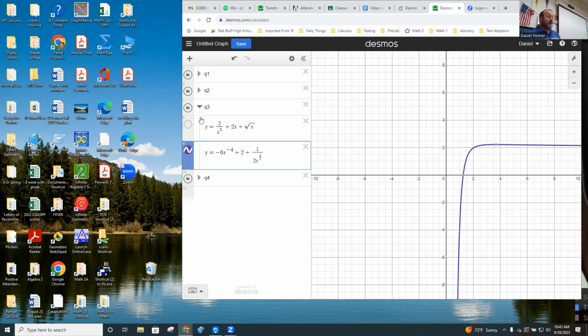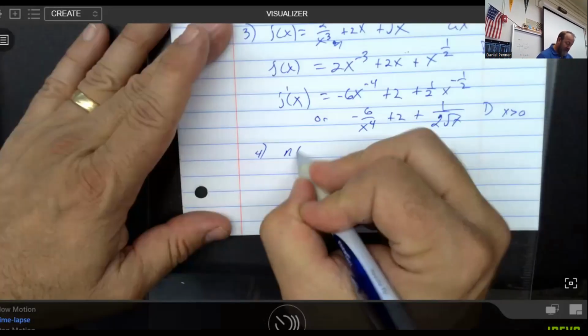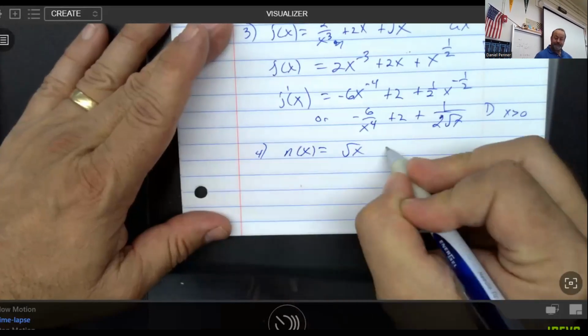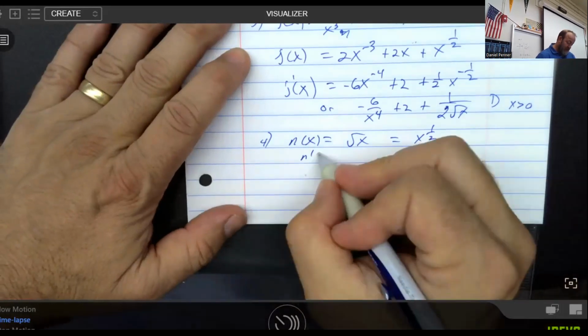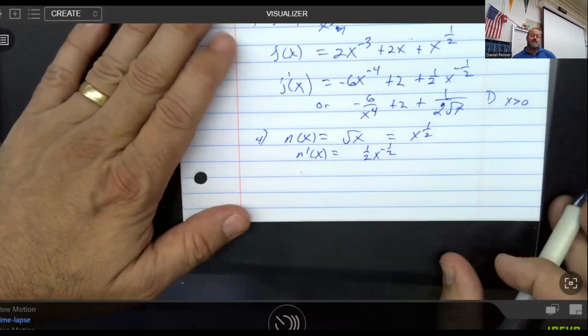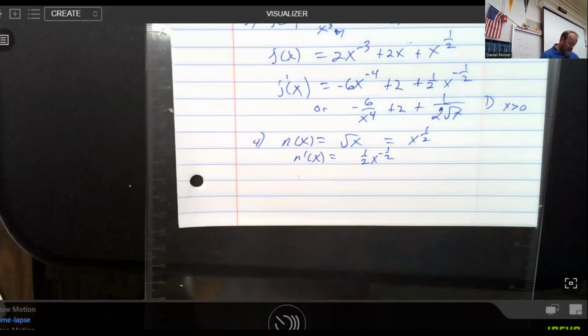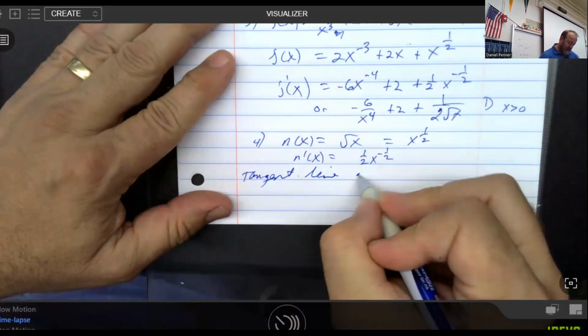Okay, last little question that I have for you. Let's go ahead and stop share, and let's go back here to this. Actually not intended to be a hard question by any stretch at all. I was going to go super easy with you for the last one and look at, let's say, n of x being the square root of x, or x to the 1/2. And so what that means is n prime of x would be 1/2 x to the negative 1/2. But what I would like to do with that is just do one extra little piece, and let's find the tangent line